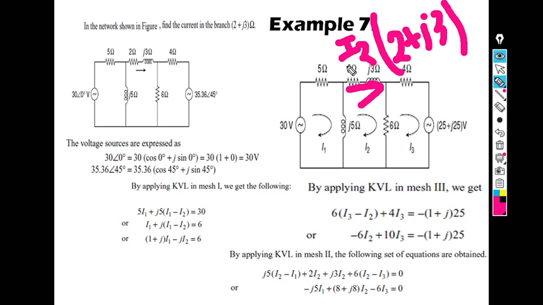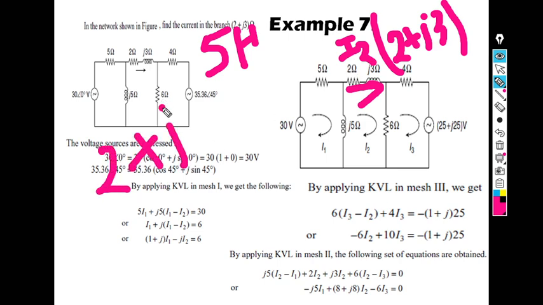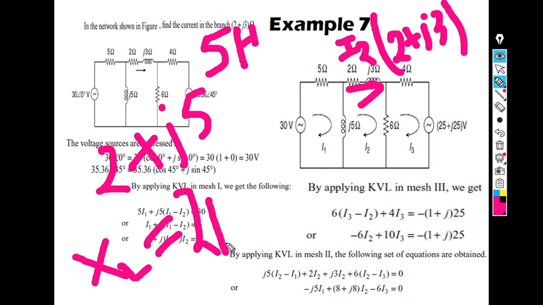It is an inductor, it is a resistor, so both are in ohm. How to convert? If I do not give J3 here, and suppose I give 5 Henry, then how to convert it? 5 Henry, will you add 2 plus J5? No, you cannot do this. You have to convert from Henry to ohm. How? XL, the inductive reactance, is equal to 2 pi F L. Now in our country F is 50. In the USA it is 60. So 5 Henry does not mean J5.